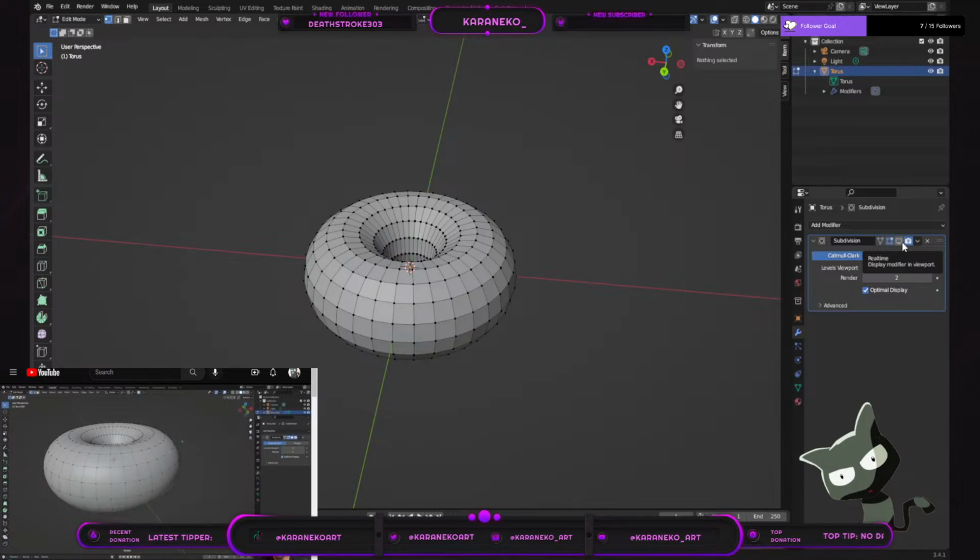What this will do is that now when I rotate, scale, or hit G to grab and move it, it's actually grabbing vertices around it and moving it together as a whole. Now by default,